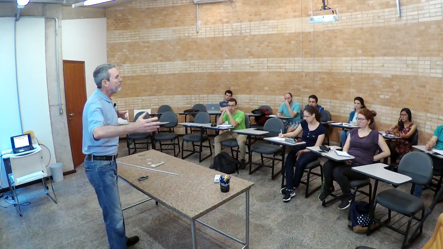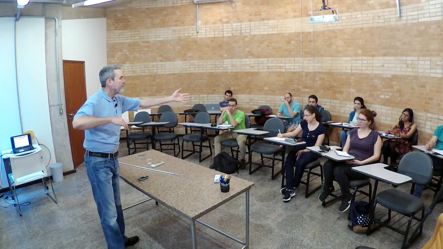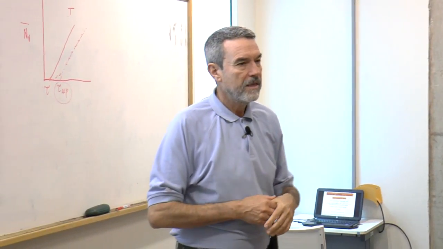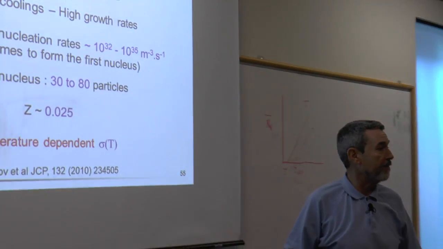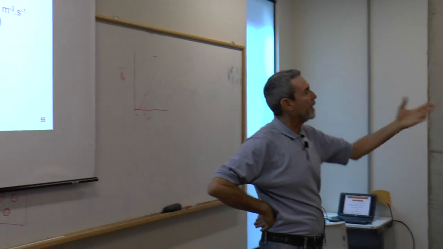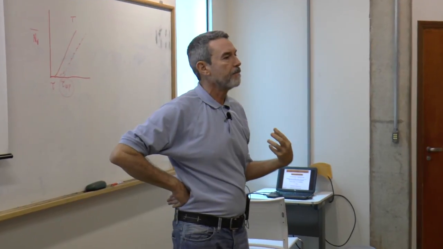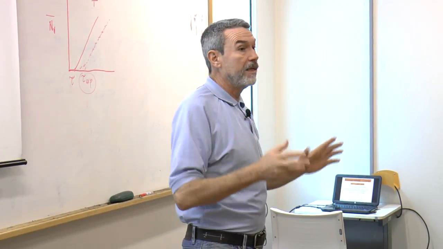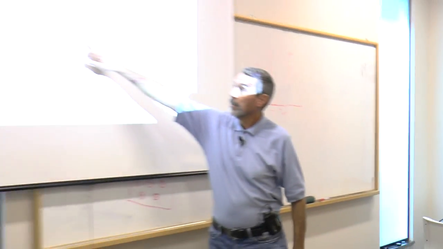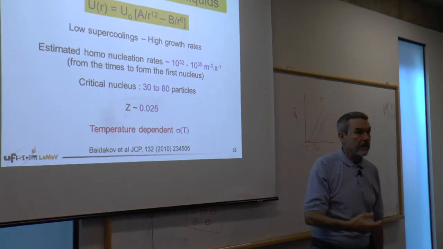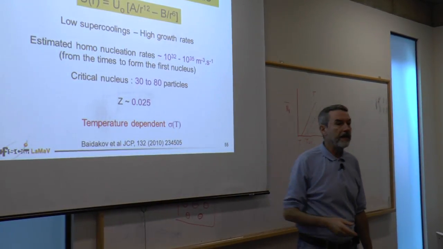See, we're talking about 10 to the power 9, 10 to the power 11. Your glasses are somewhere in this region. These glasses here is 10 to the power 35. This is much higher even than the metallic glasses. Metallic glasses, you know, the nucleation rates are 10 to the power 17, 10 to the power 16, 10 to the power 20 even. They're very high nucleation rates. These are much higher. And they calculated the number of atoms in the critical nucleus from 30 to 80 particles